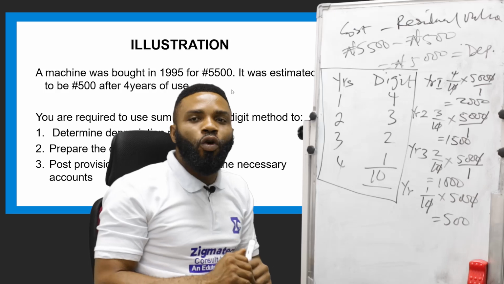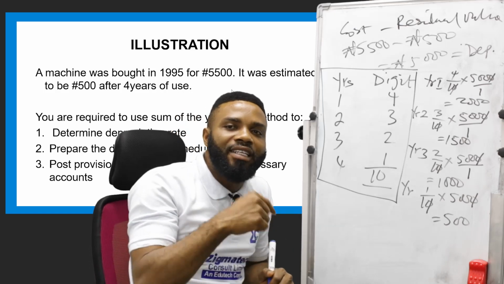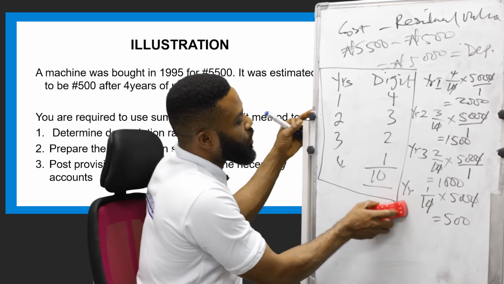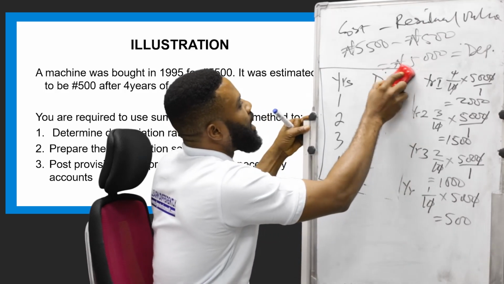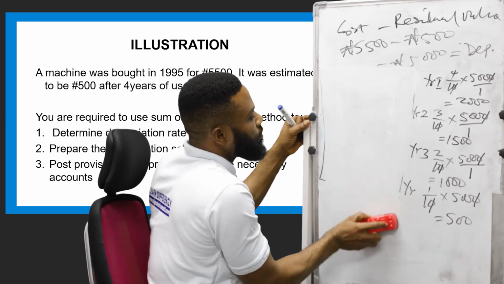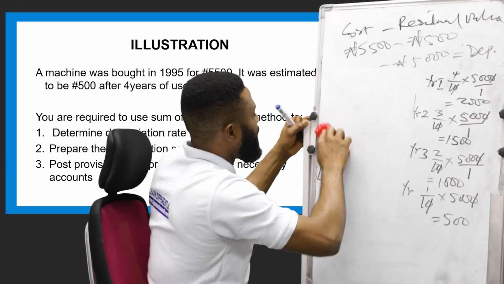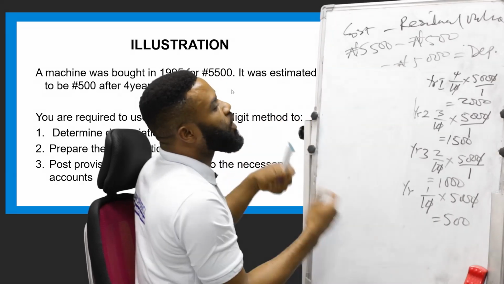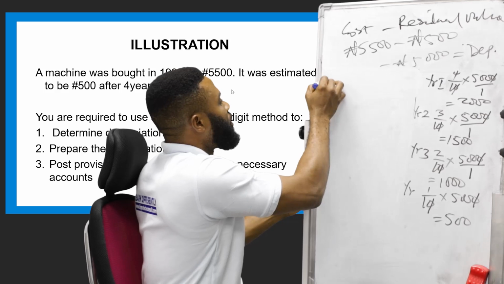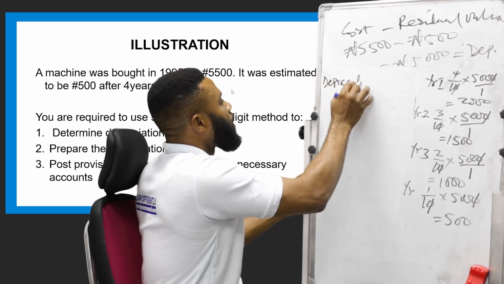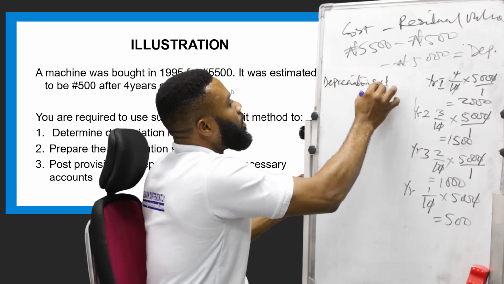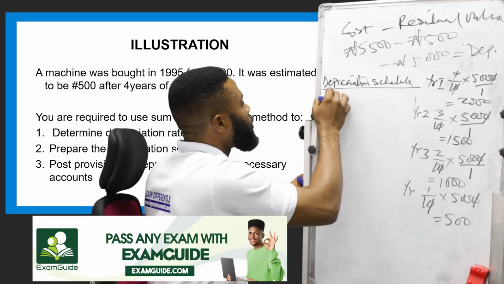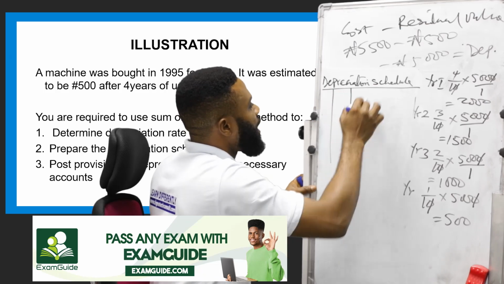That's question 1. Question 2 is prepare the depreciation schedule. Let's quickly prepare the depreciation schedule. We are going to maximize this board. All right, let's quickly do the depreciation schedule. Depreciation schedule is always 5